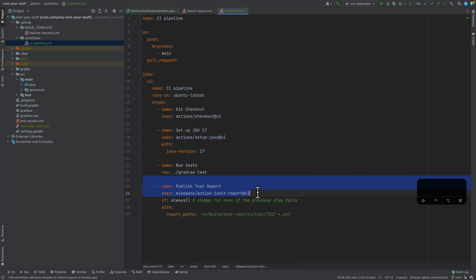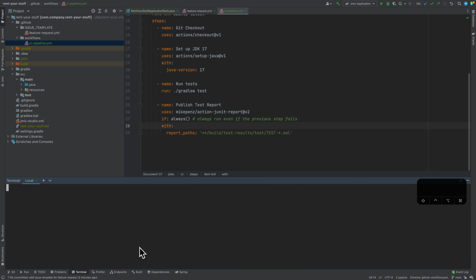Then afterwards we will publish the test reports. So you can find the test reports in the build directory here, and then there's this particular XML file. So this should actually already do the job. So let's take a look. We have now a new CI pipeline. I will just commit that, and